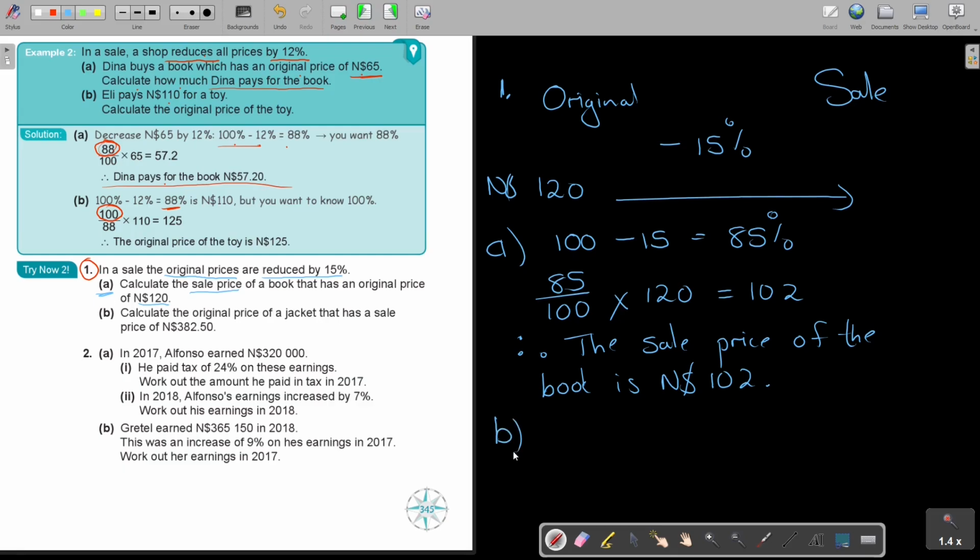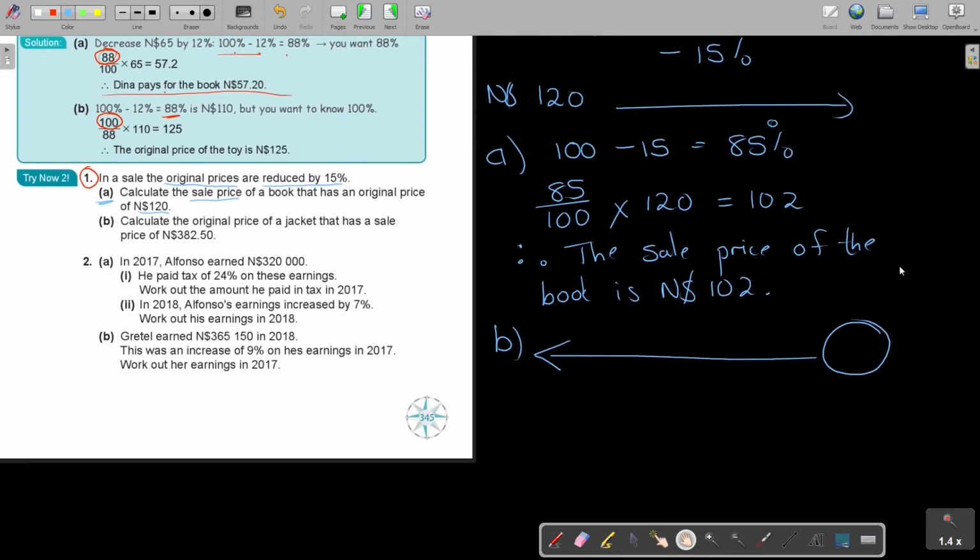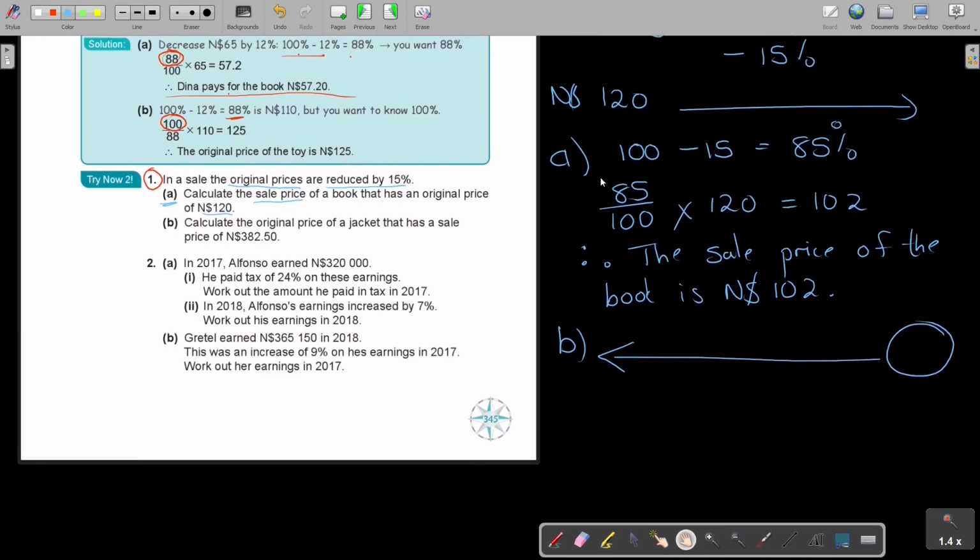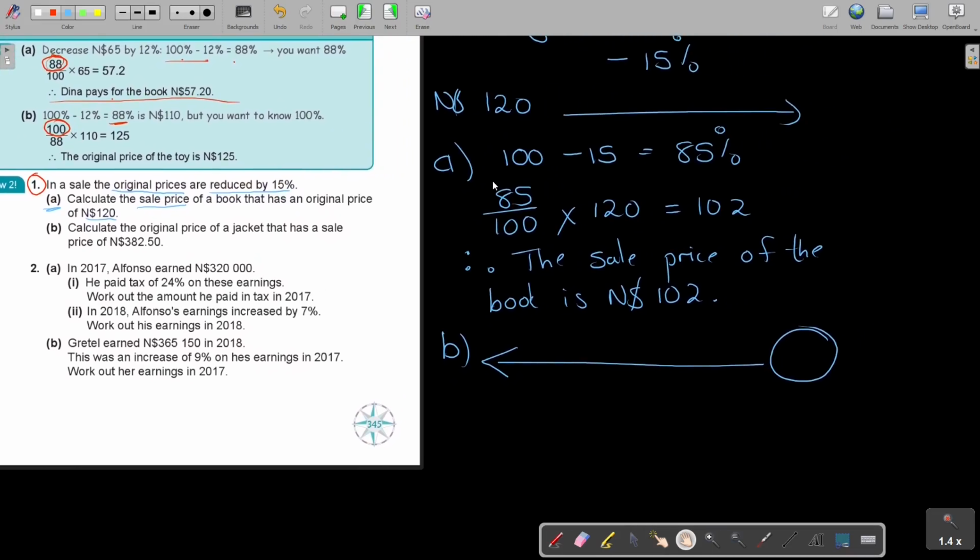Calculate the original of a jacket that has a sale price. So now they give me the sale price and they want me to reverse back to the original. So make for yourself an arrow that you can just see when it's reversed. So I'm still going to use this statement. Can I show you here? I'm still going to use that statement. But now, instead, I'm just going to put the 100 because I want the original. The original is 100. And I multiply it with that